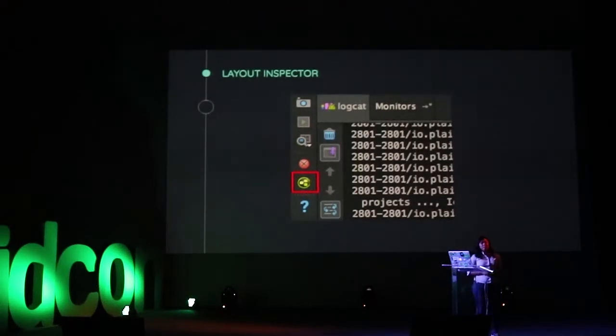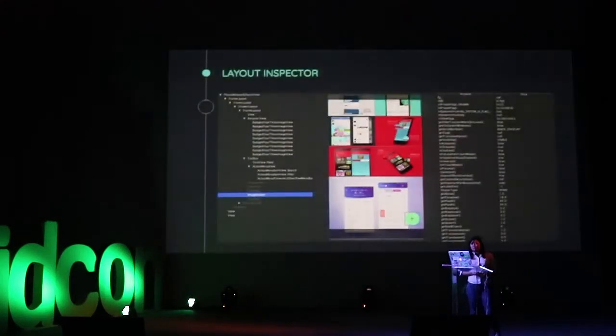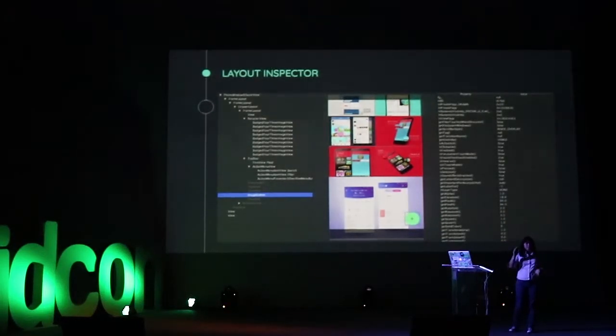You can also access it by going to Tools, and then Android, and then Layout Inspector. So what does it give us? It gives us this blurry screen. Well, it's not blurry in Studio, blurry here. So it's basically a screenshot of your view hierarchy at the time you click that button. And it's interactive because you can click on anything on the screen and all the properties of that view widget will be displayed on the right. So it shows your view hierarchy also.